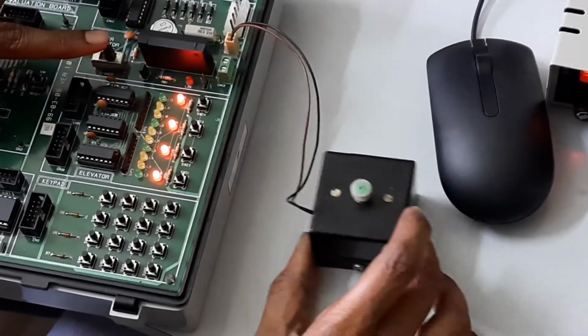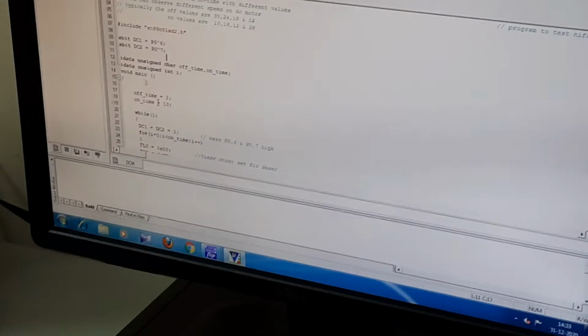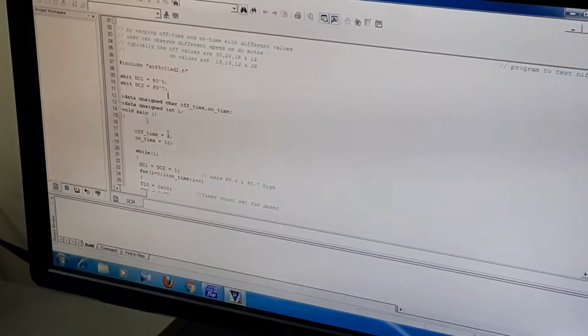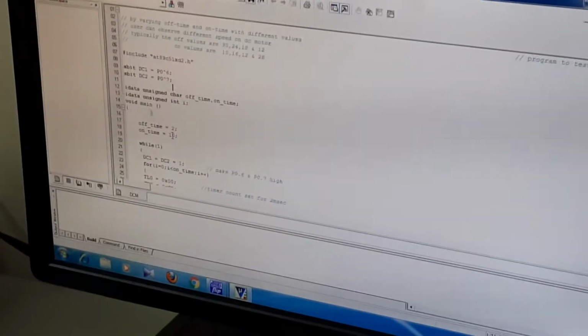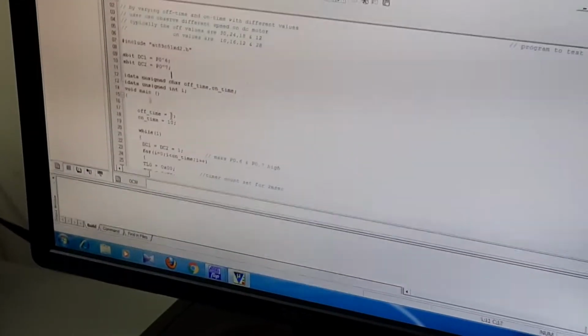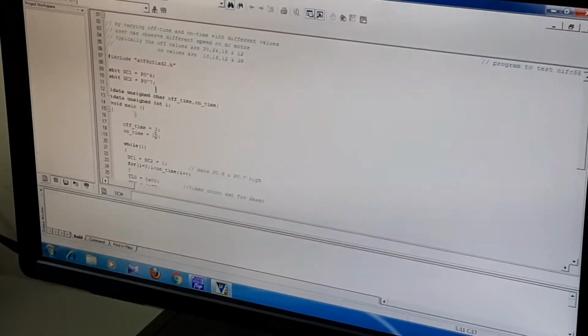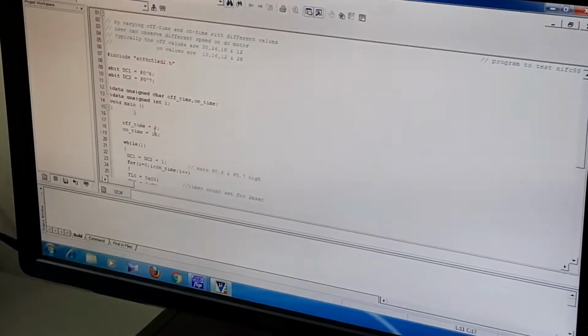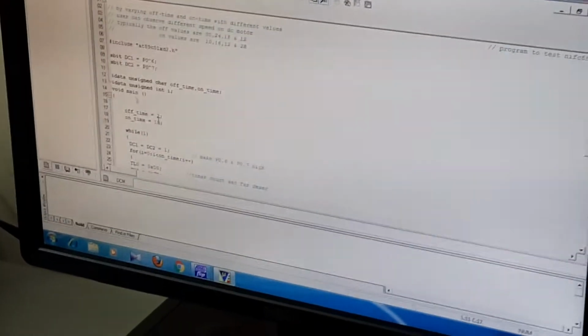Like this. Okay. Then by applying on time and off time, you can have the control over the speed. Correct. So now it has been fixed as 2 and 10. Is this clear? So vary the value, make it as 10, and this one as something like 5, 10 and 5. Therefore, I can reduce the speed.